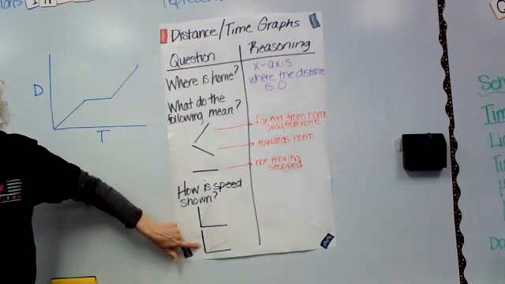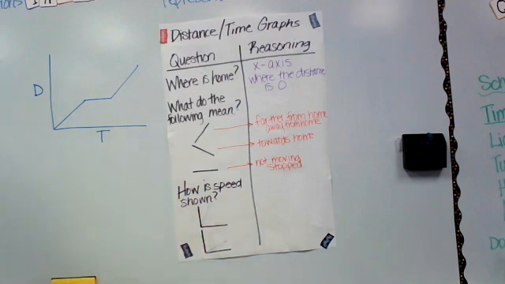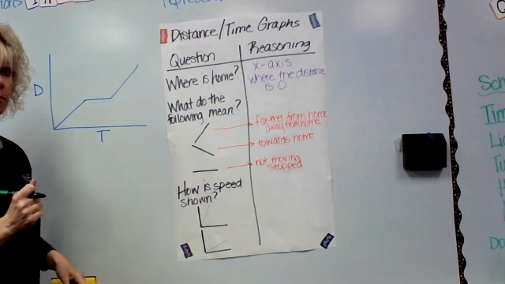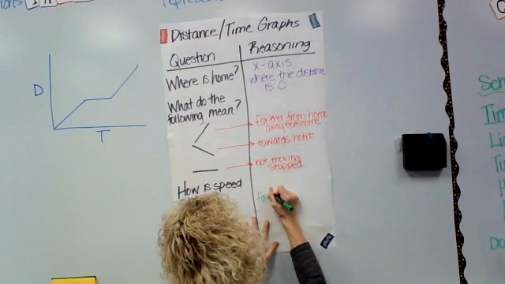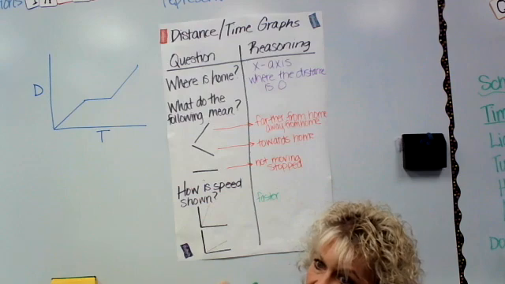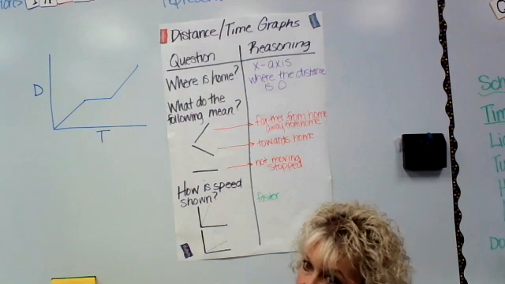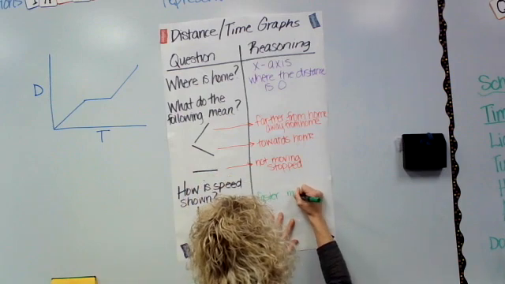So we probably need to get a pretty good idea of how speed is shown in this graph. If we look at these two, I hope you guys can see it. This one looks like this. This one's here. Which one would you say he is going faster? The top one. Colton, top one, why? Because it's like shooting up, not really straight, but in a more sloped manner. Okay, so going farther away at a very high speed. It's getting higher in a shorter amount of time. So more distance in a shorter amount of time. Is that what you mean by higher? Yeah. So he is faster because we have more